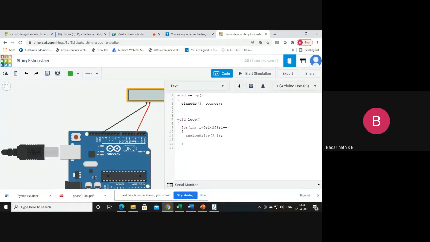So I have written a for loop: i equal to 0, i less than 250, i plus plus. I am varying the value of i, calling this function and measuring the voltage at this point. I want to see whether I can get 0 to 5 volts. To see the output, I will take one delay function, let's say a delay of 200. Now look here. I have made the connections with a multimeter and written the function. I will now run the code.